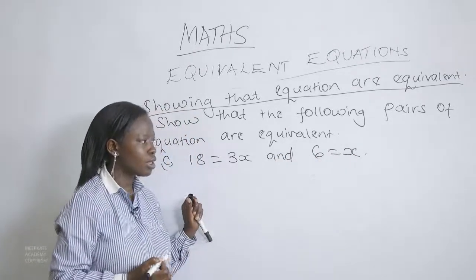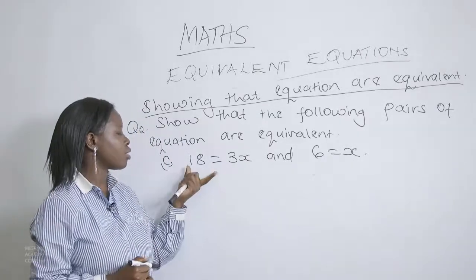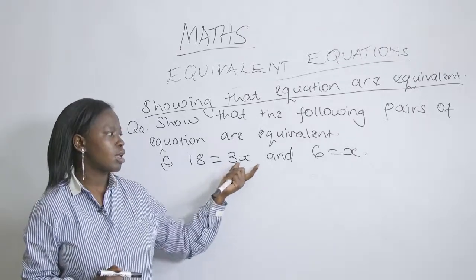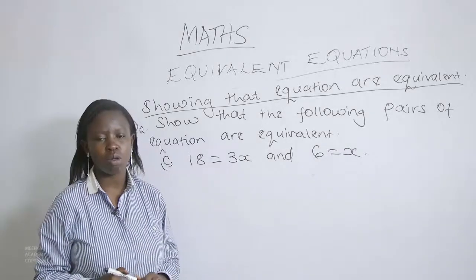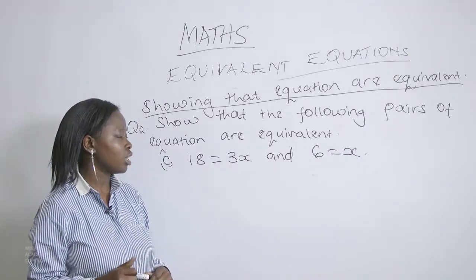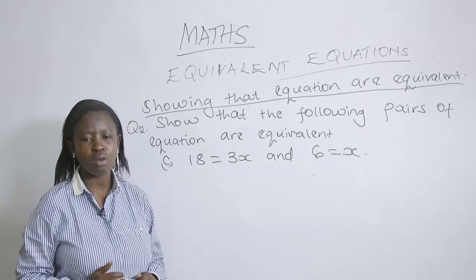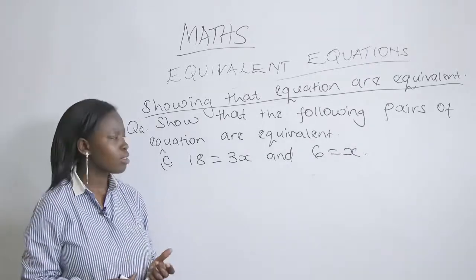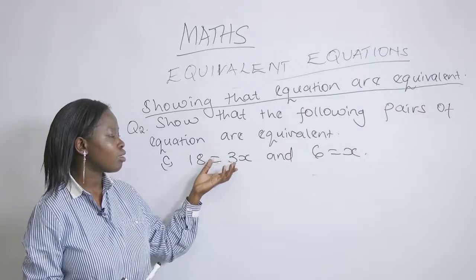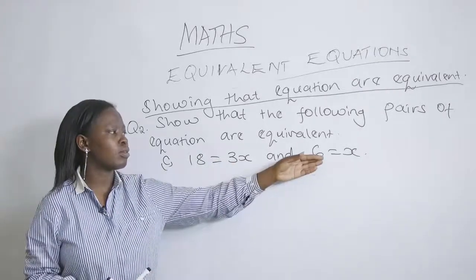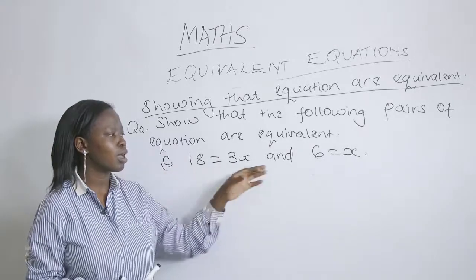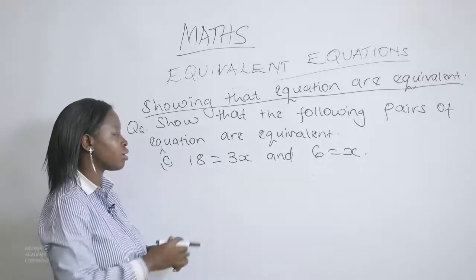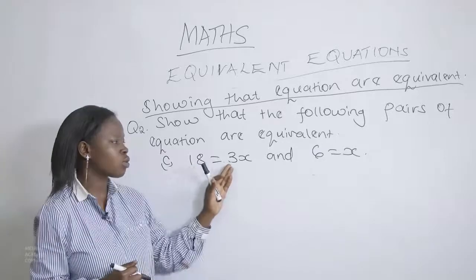So we have another pair of equations, and the first equation I have is 18 is equal to 3x, and the second equation I have is 6 is equal to x. So we need to find out if the two equations are equivalent or not. The question we need to ask ourselves is, is there any number that can simplify the first equation so that I get the second equation, or is there any number that I can multiply with the second equation so that I get the first equation? And we discover that if we decide to divide our first equation by 3,